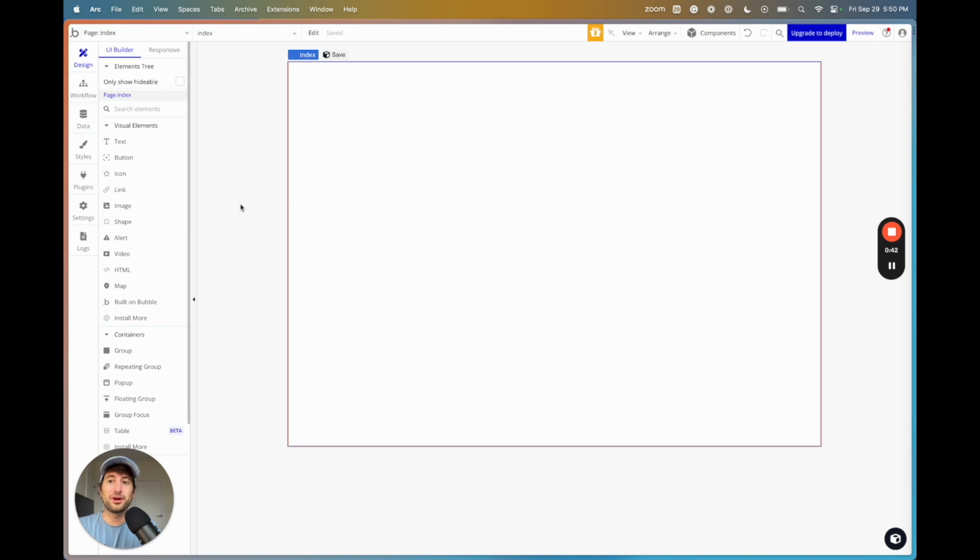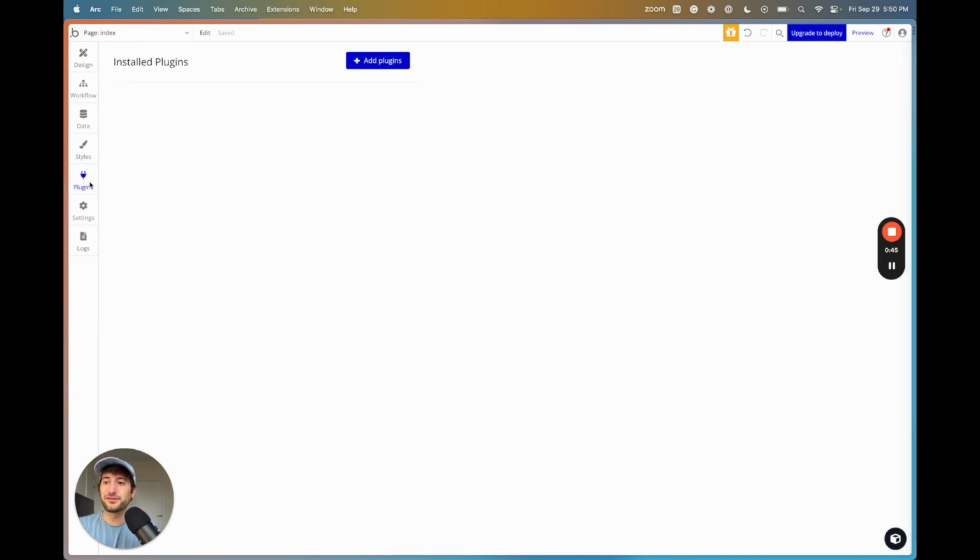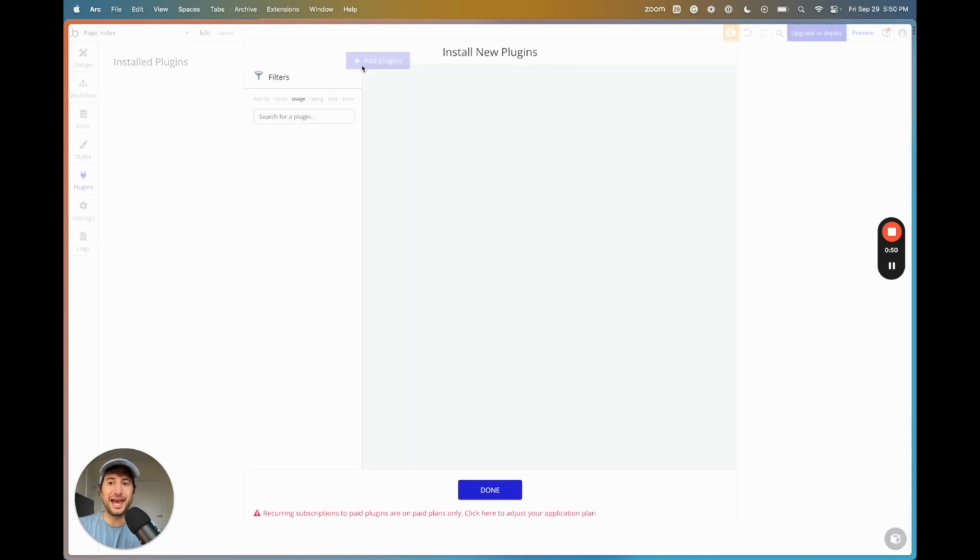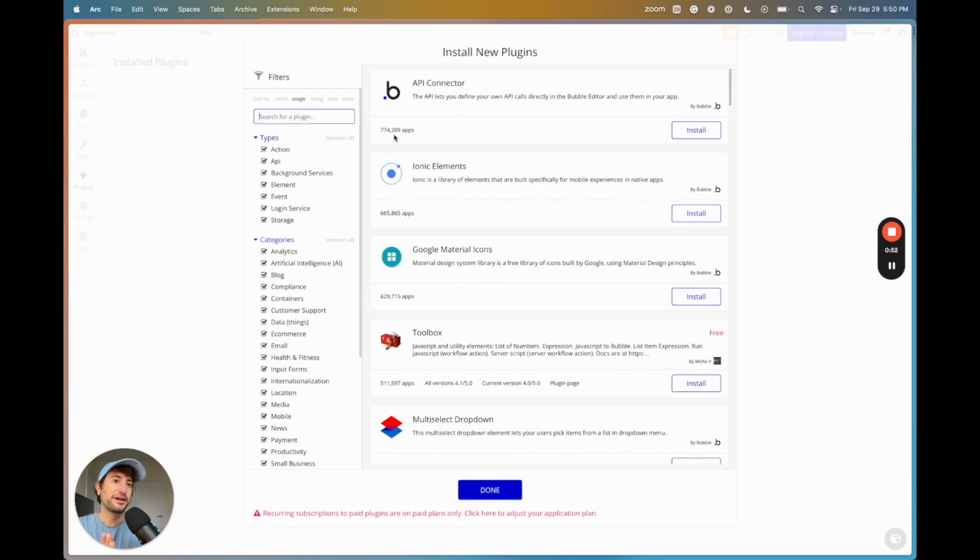So let's start with a brand new Bubble app here. And the first thing that I'm going to do is go to the left side, go to Plugins, and I'm going to click Add Plugins. So we're going to need to add a couple plugins to build this functionality. The first is the API connector, and that should be the first one that pops up there on the top. You can also search for it on the left side. And that's going to allow us to connect our app to OpenAI's API and actually use the Whisper API through that connection. I'm also going to search for audio